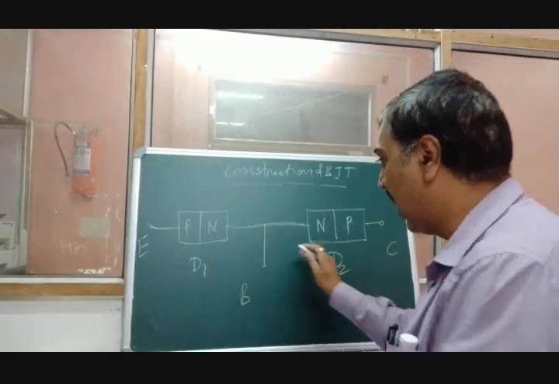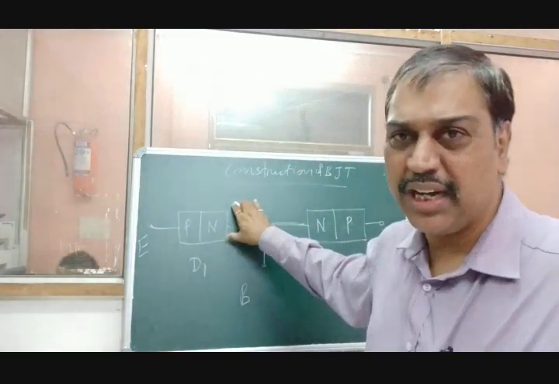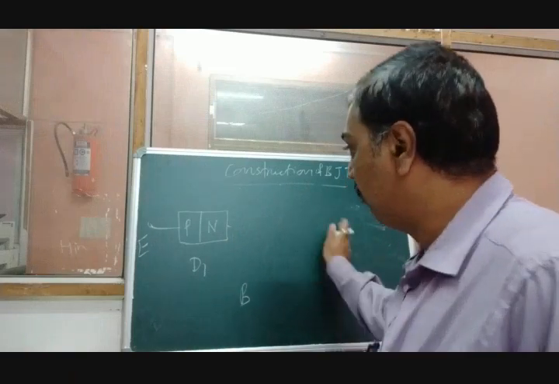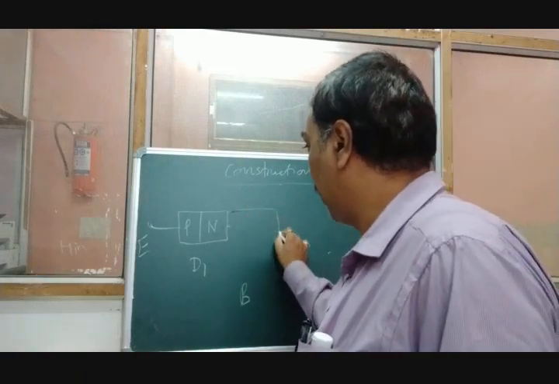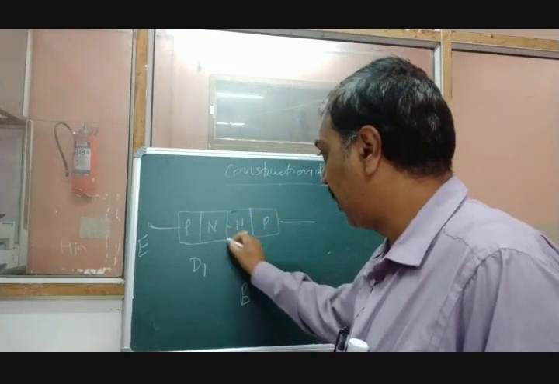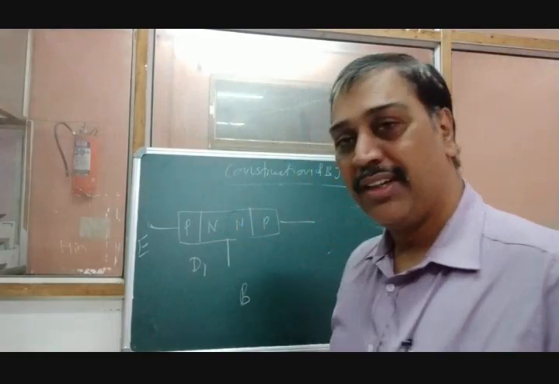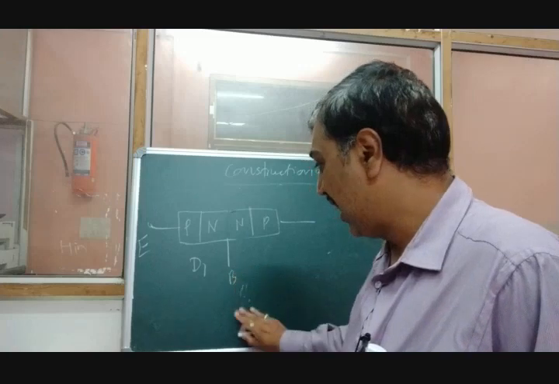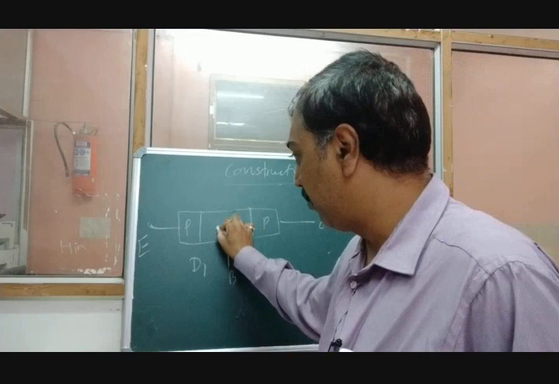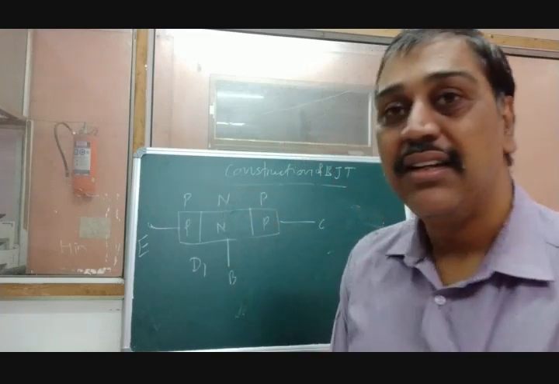We can just modify the diagram. Move this diode a little to this side and connect them. You get the structure of a transistor. Now how to connect them? I have erased this part and moved this diode here, like this. This is N, this is P, and these are the terminals. Now remember, this is N. This is the base, and this is the P collector. Now we can say the whole junction is made up of N-type semiconductor in the middle. It is said to be a PNP transistor.